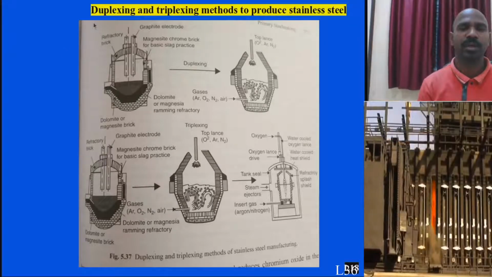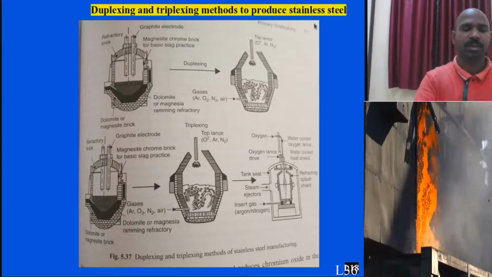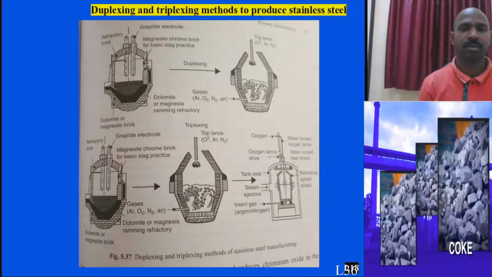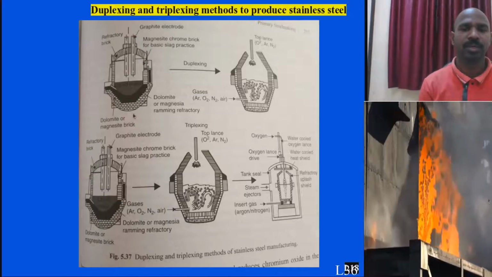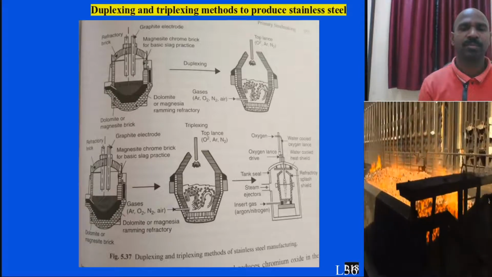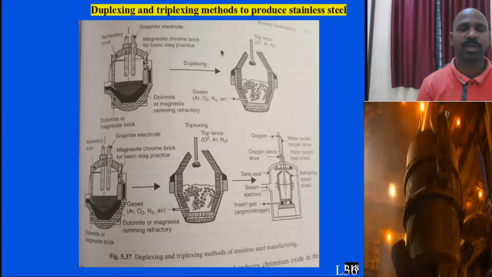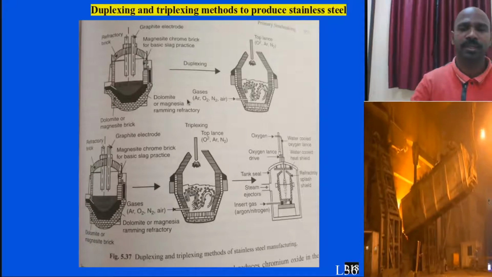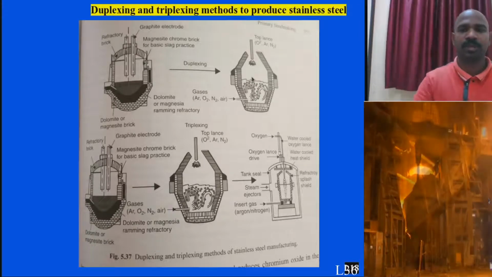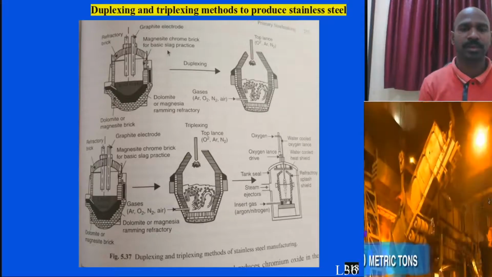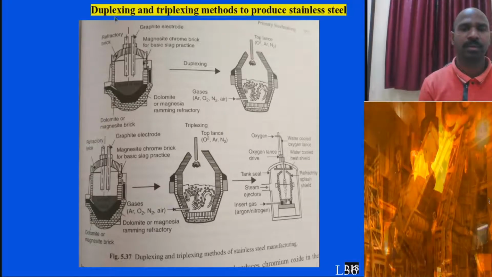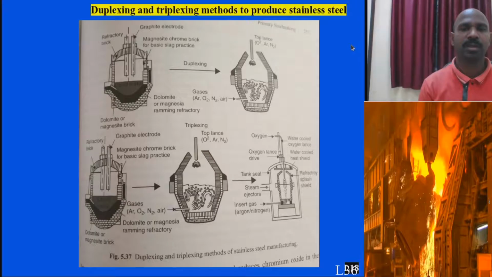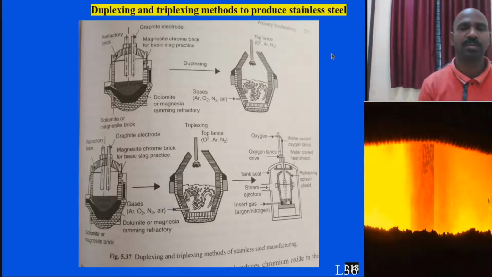Today I am going to emphasize more the methodology to produce stainless steel. For example, the molten metal is produced by EAF, the electric arc furnace steelmaking process, the primary steelmaking route. That liquid metal is poured into the AOD vessel, which is further subjected to argon and oxygen mixture from the side tuyeres and oxygen from the top lance. If you follow these two steps, it is called the duplexing method to produce stainless steel. You can produce ferritic stainless steels and a variety of grades of stainless steel.